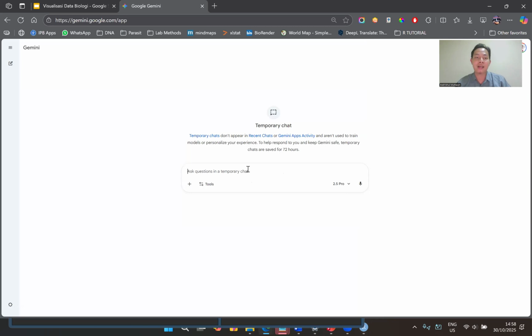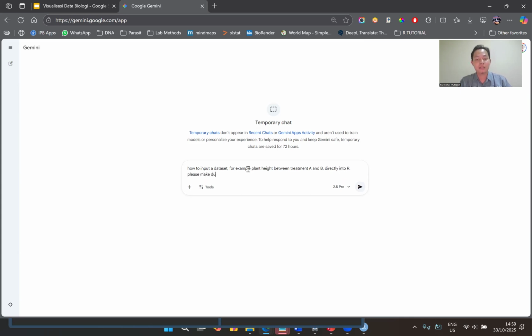For example, I'm going to ask AI now how to input a data set, for example, plant height between treatment A and B directly into R. Please make a dummy data set based on that and suggest the code. I don't know the code, and also the package